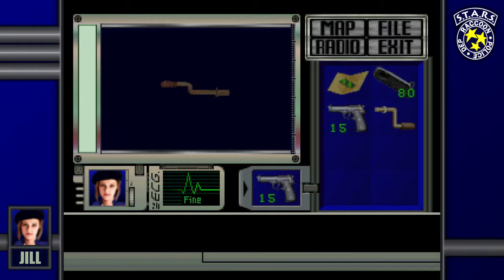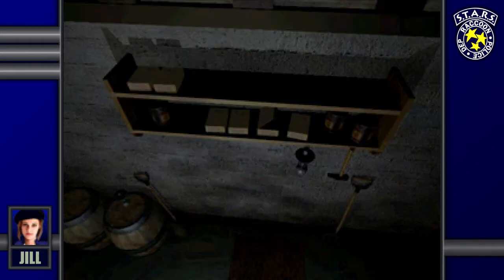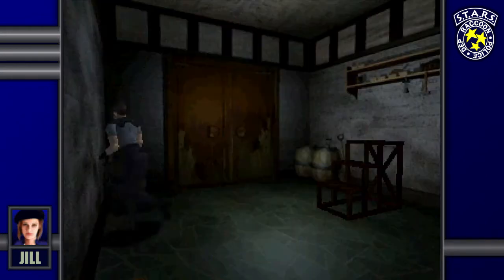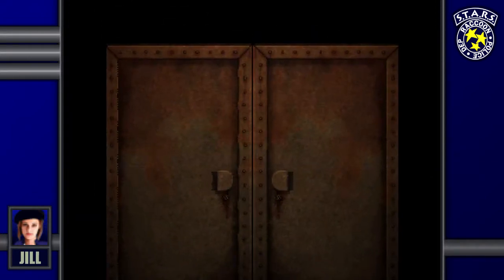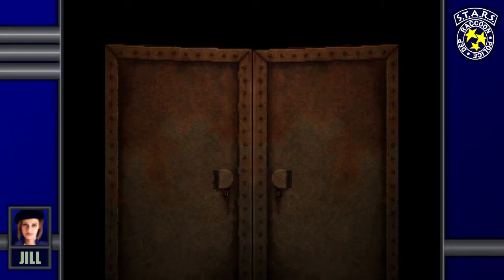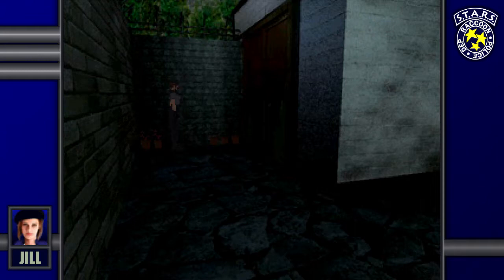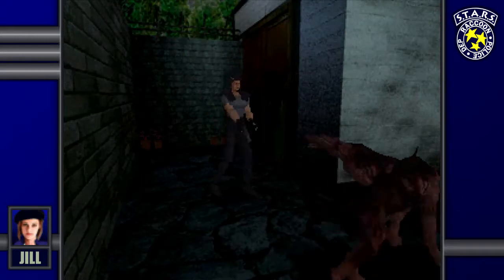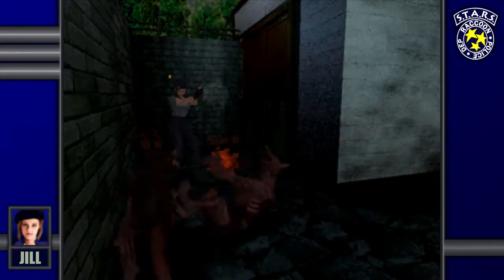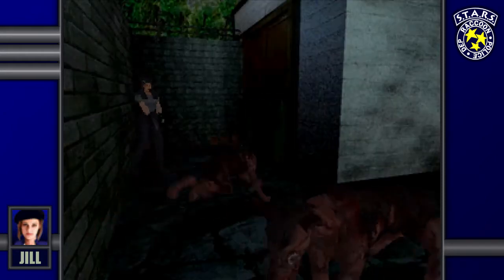Oh, it's a crank. Something that you'll see very often when you play a Resident Evil game. Old barrels. So yeah, we've now exited the mansion and we're now onto the grounds section of the game. There's a bunch of herbs here, which we don't need to worry about. We might need to worry about. Okay, I'm on caution, so let me just...